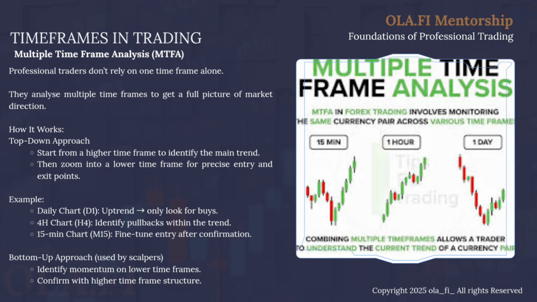Then you drop to the 4 hour and identify pullbacks. Pullbacks are, if we're on an uptrend, remember the lecture on trend and structure. So a pullback is in between the higher high and the higher low. So a pullback is when we are going up, the slight downward movement is what's a pullback. So you identify a pullback on the 4 hour, and then on the 15 minutes you fine tune your entry. So there are many entry patterns. So this is how you can make use of the